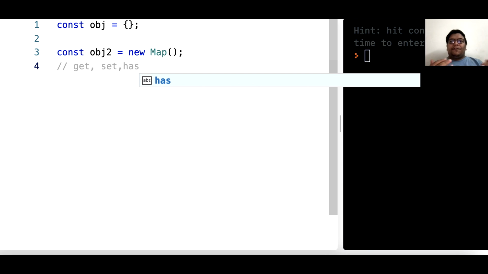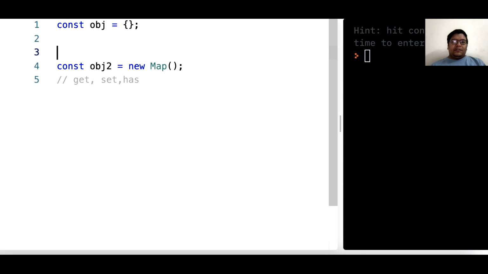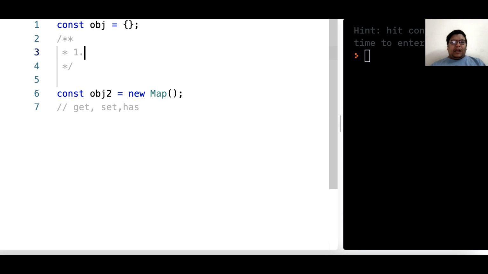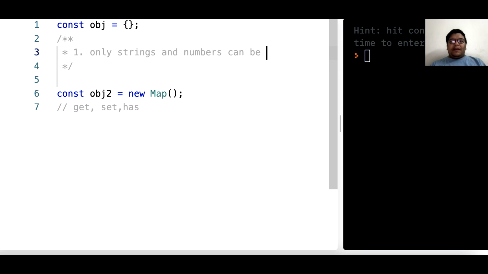So the first difference between creating an object using the object class versus the map is that only strings and numbers can be the keys.